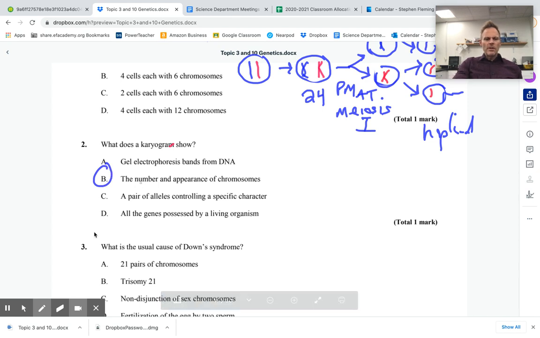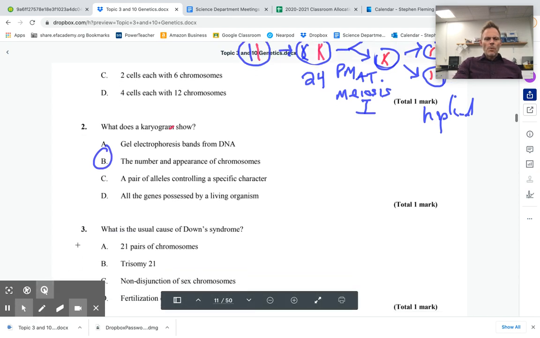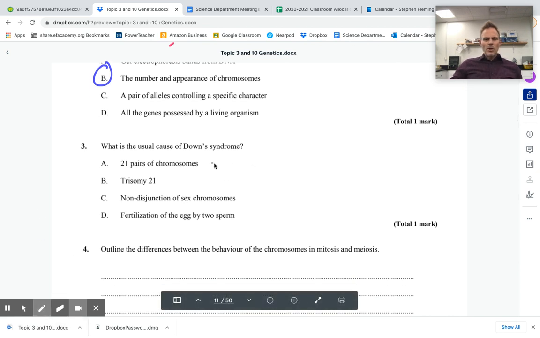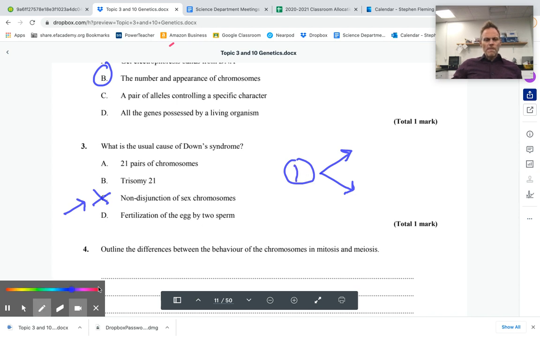And then question 3, what is the cause of Down syndrome? I think a misconception, or what a lot of people jump to, is non-disjunction of sex chromosomes. This is not the answer. So non-disjunction, if we're looking at when the cells divide in one of the stages of meiosis, if the situation was normal,